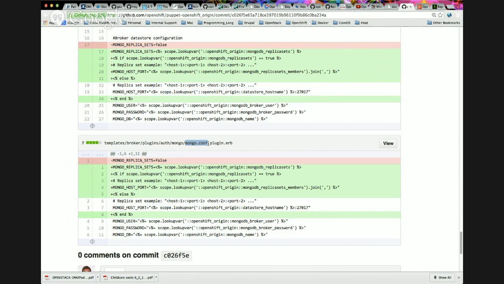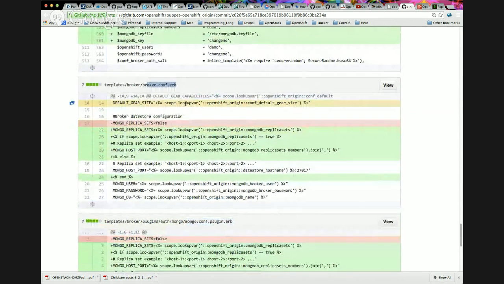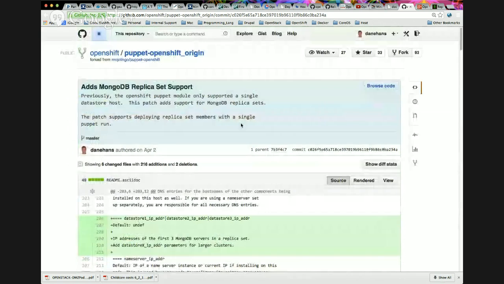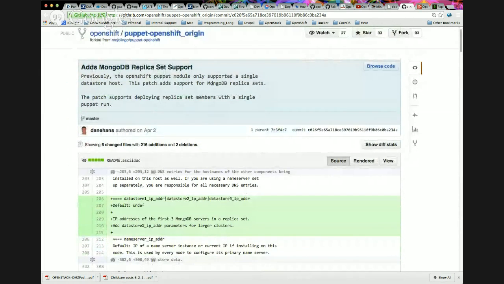And this mongo.com plugin.erb is the same exact thing as the changes here in mongo.com. One last note about this: within my GitHub repo, I have a few different branches around this Mongo work that I did. I spent some time trying to go down the road of actually leveraging the Puppet Labs community Mongo module, and just ran into a lot of problems trying to get replica sets to work with that module when authentication was enabled. And again, going back to backwards compatibility, with all this HA work to the side, you